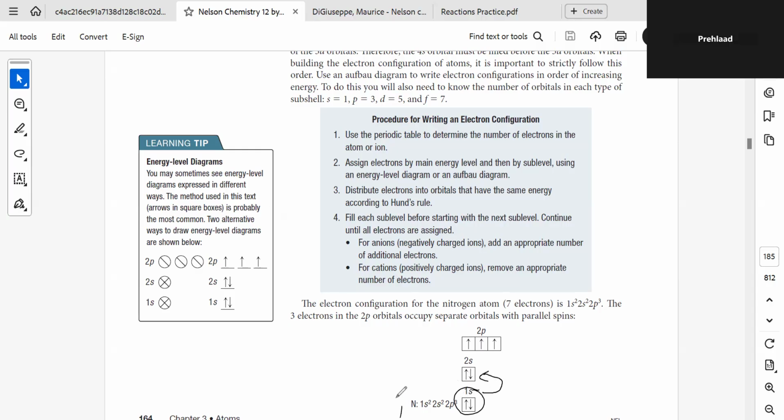Let us talk about nitrogen over here. Nitrogen has how many electrons? Five. No, sorry, not five. Five is the outermost. Seven. They have a total of seven electrons. If you look at the periodic table, check the position number 7 on the periodic table. You will realize that it is coming under the second period.